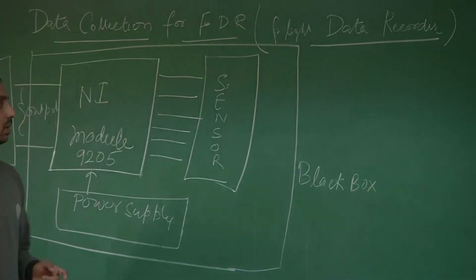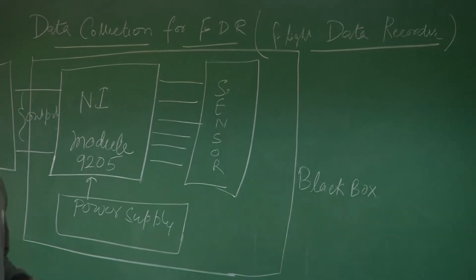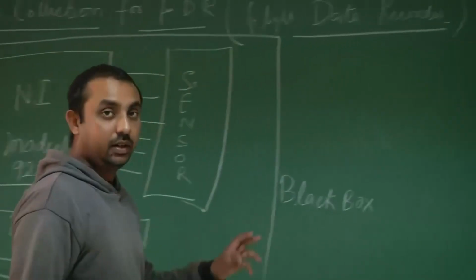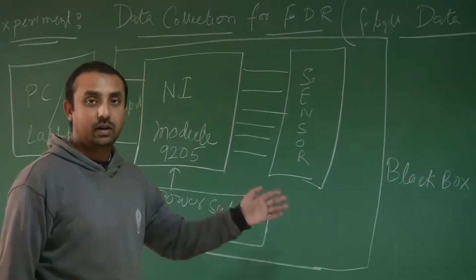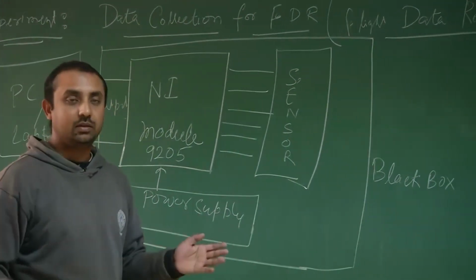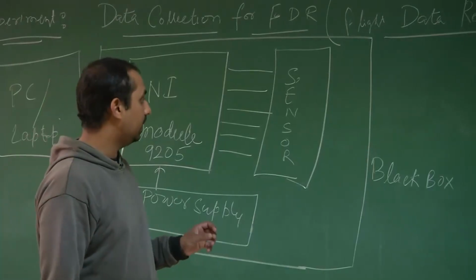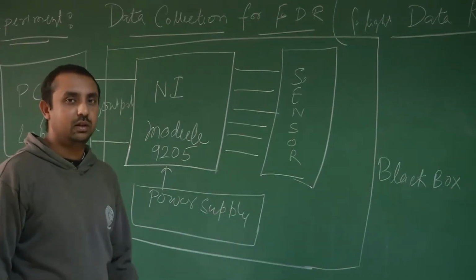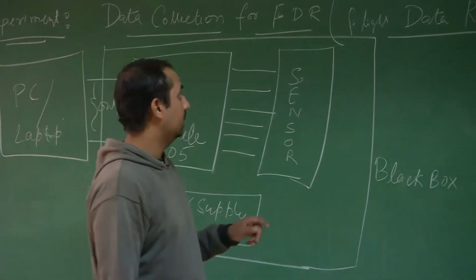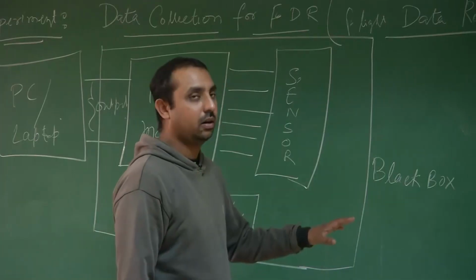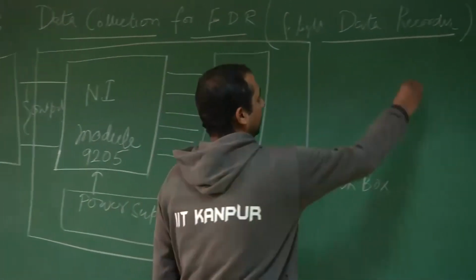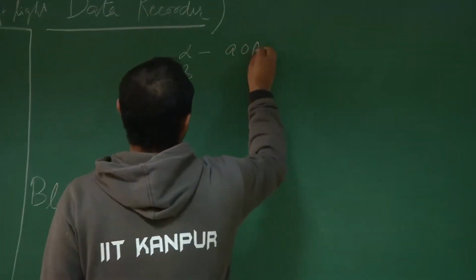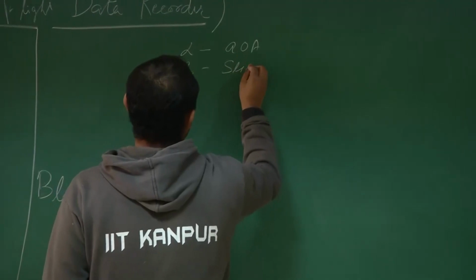Now earlier experiments we showed what were the deflection of control surface with respect to voltages. Now flight data recorder, we have to do the analysis of whole aircraft. So it has much more data as compared to a simple experiment which you did for calibration of control surface. The various data which we get from flight data recorder are alpha, beta, that is angle of attack, side slip angle,